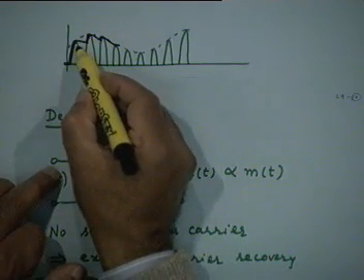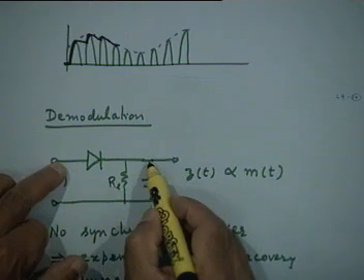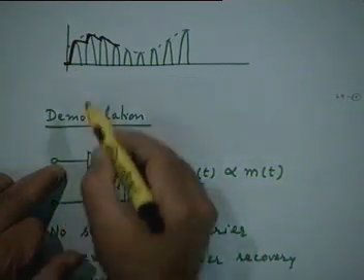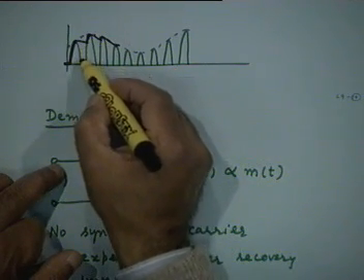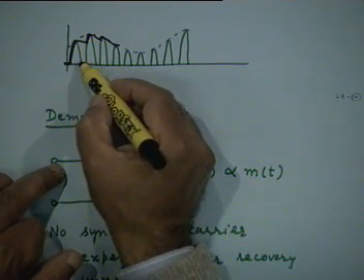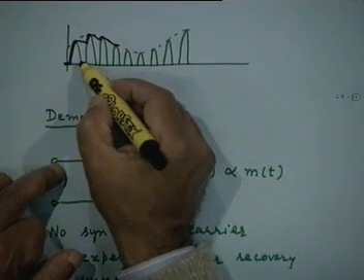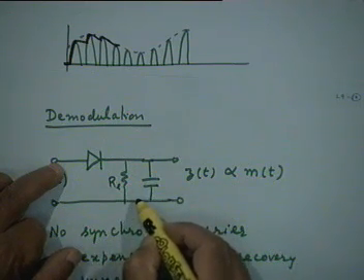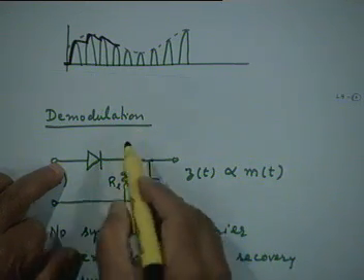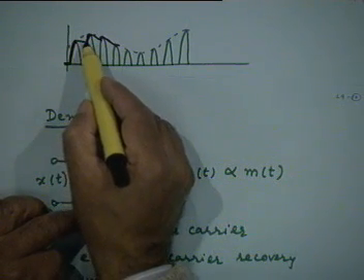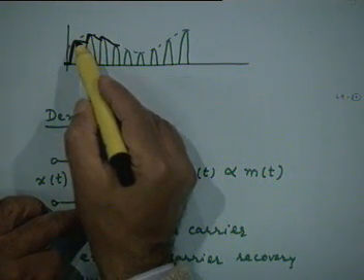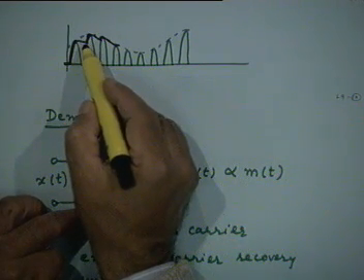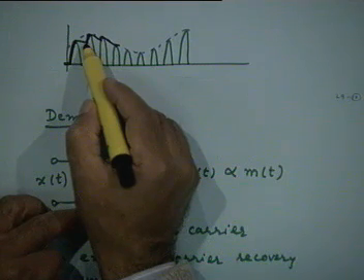When the input voltage now drops, this diode becomes reverse biased, because this point is at a higher voltage than this point. So there is no conduction of the diode. The diode remains reverse biased during this falling portion of the carrier half cycle, and during this period the capacitor discharges through this load resistance R_L, and let's say there is a certain discharging time constant which is not too fast. We don't want the discharging to be too fast, so that it more or less stays at the constant value that it had charged to, right? Except that it decays just a little bit, right?